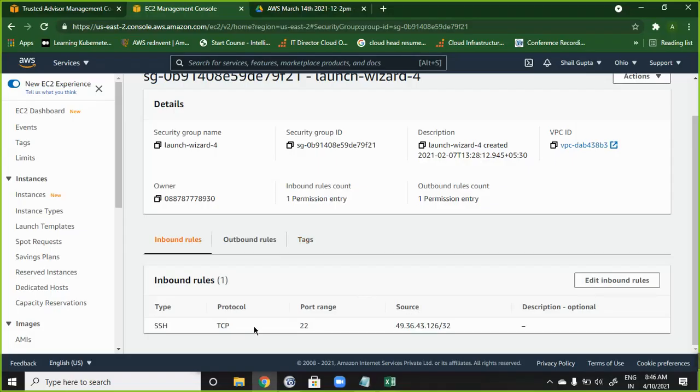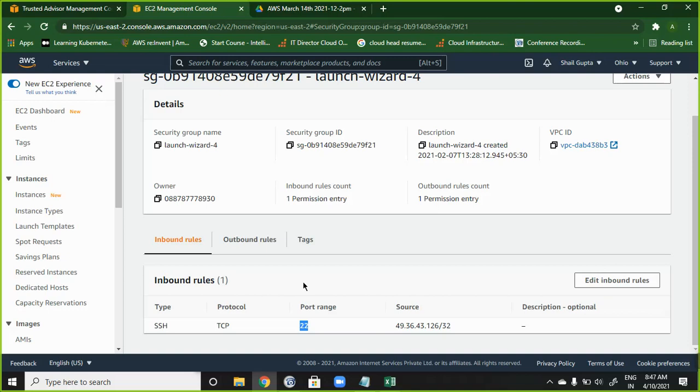For that security group, 22 is required to log in. Do you want to give the login to all the people? Obviously no. You do not want everybody to log in to your server. You want to restrict it to certain people: your developers, yourself, your manager, but not anybody. That's the reason it is showing the risk.